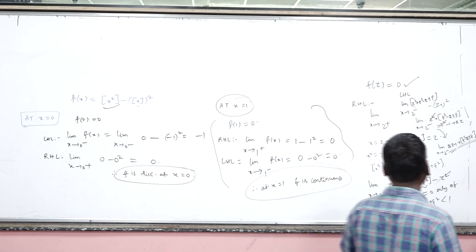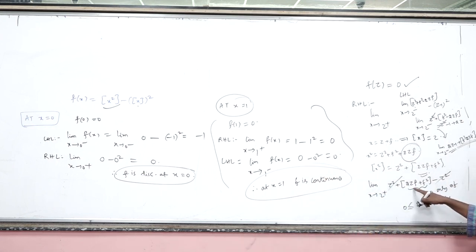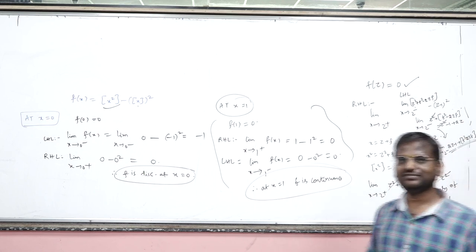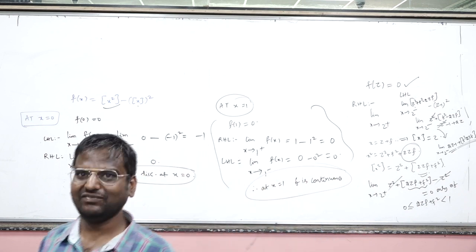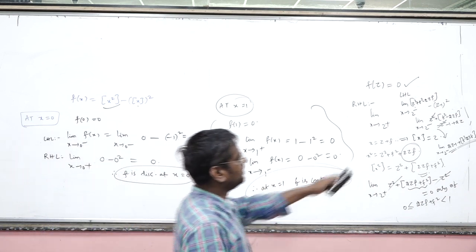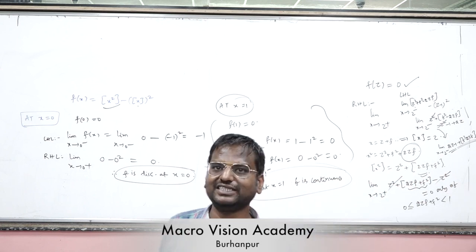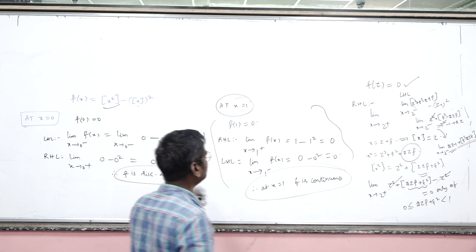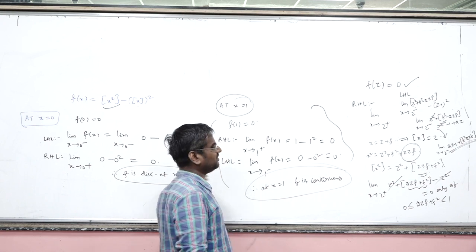Whereas when z equal to 1, this is going to be 2f plus f square, that will be again 0, fraction, f square will be less than f, so you can choose a suitable f so that it will be 0. Whereas here z equal to 1 will give me 1 plus f square minus 2f, that is now negative because f square is less than f, so it will be minus something, so it will be minus 1, that will be 0. That is the reason it came out to be continuous at 1 but not at 0.